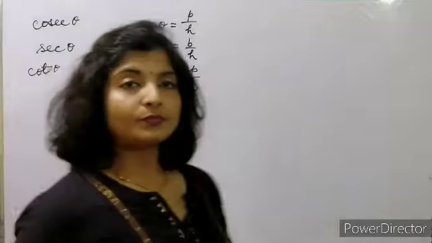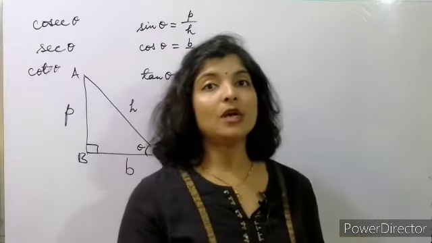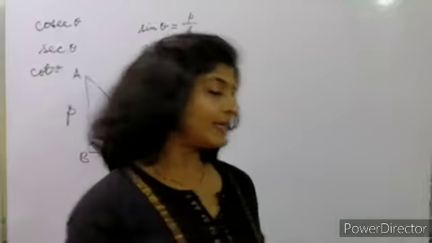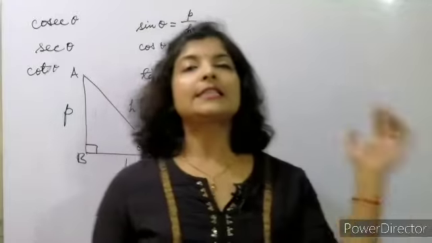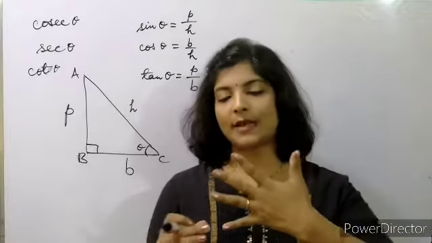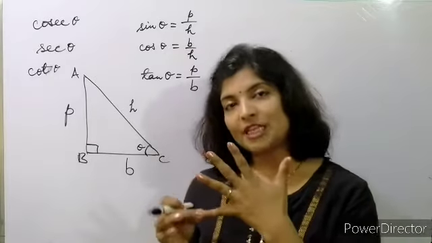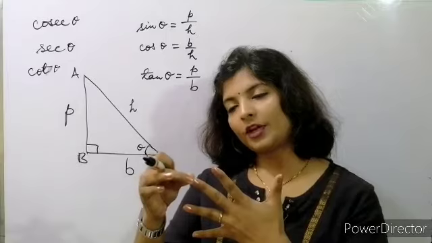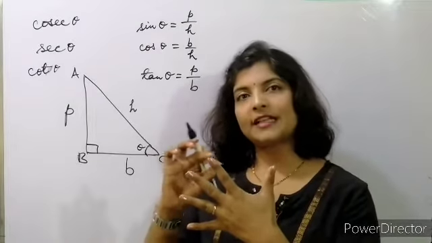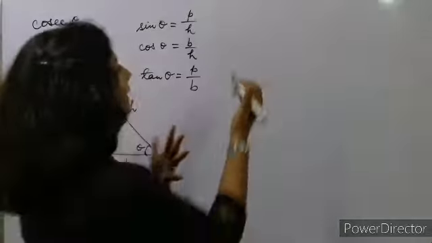Now how will you find out the values of sin 0, sin 30, and so on, the values of sin? See, there is one very interesting trick. Just imagine this, my palm: 0 degree, 30 degree, 45, 60 and 90 degree. So for 0 degree, what do we have to write?